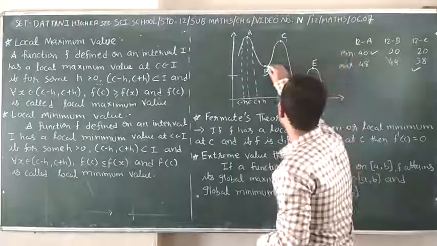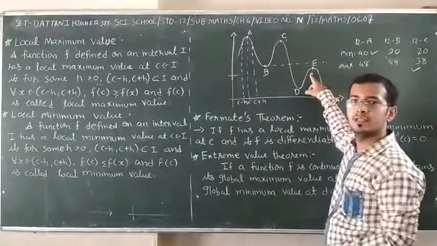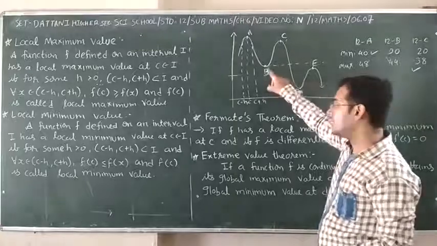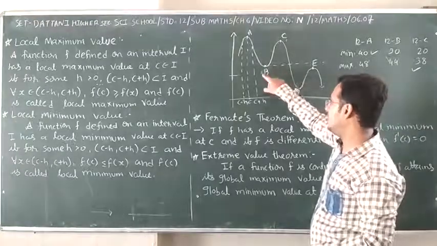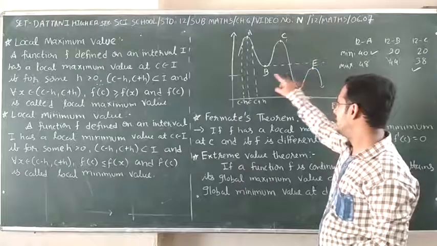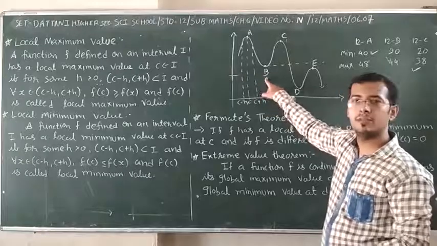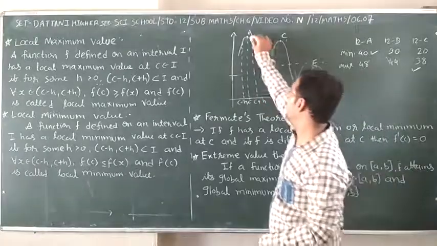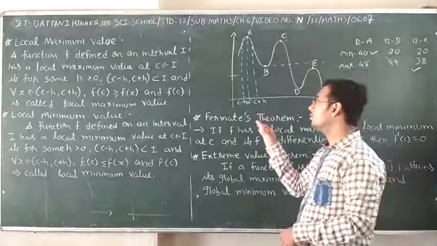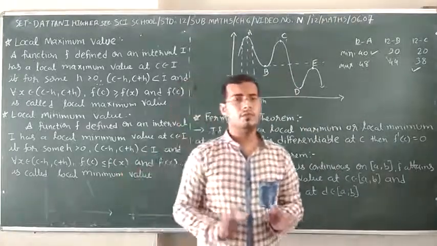That's the type of thing we learn from this example. You can also check here B is a greater value than E. So E has a local maximum, B is a local minimum, but still the local minimum value is greater than this local maximum. Still, that is known as a local minimum value. Why? Due to the curve. How the curve will perform, how the curve will go, that is how we decide the local maximum and minimum value.